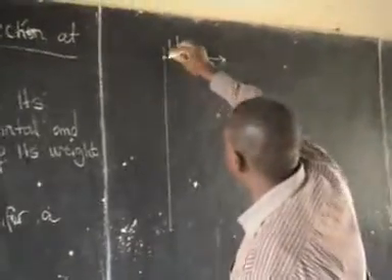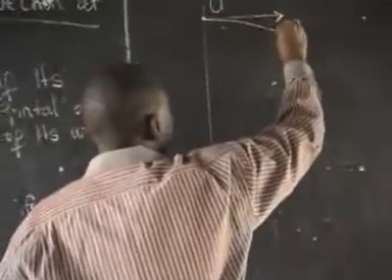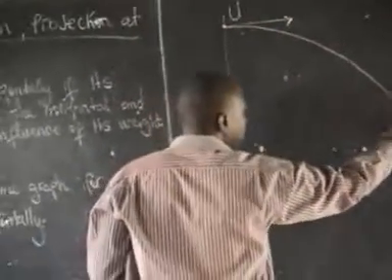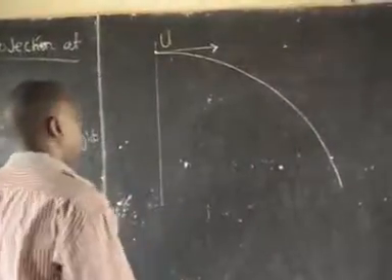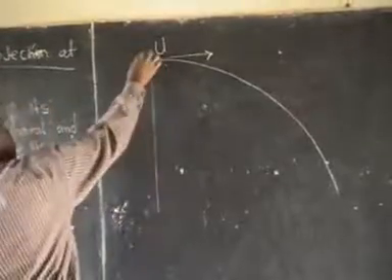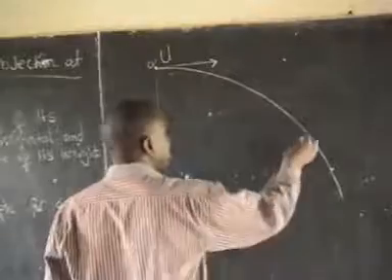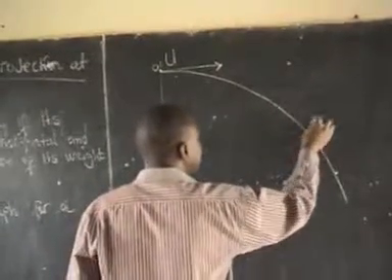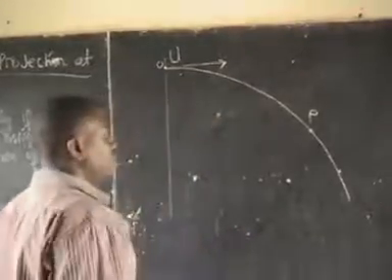So as this body moves, it will describe a parabolic path. It will be attracted downwards due to the gravitational force. Now if we take this to be the starting point, and at a time t, this body is at point P, then the state of this body,